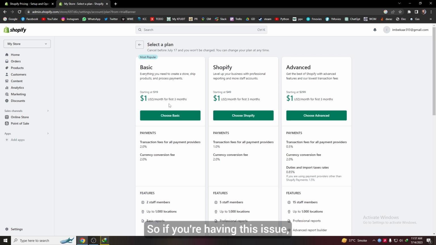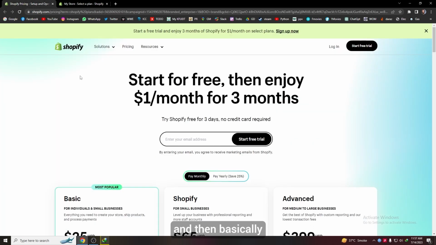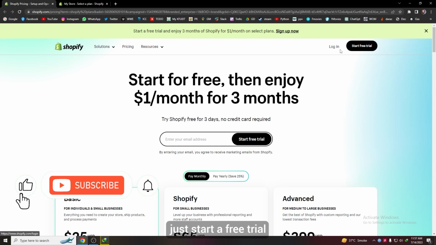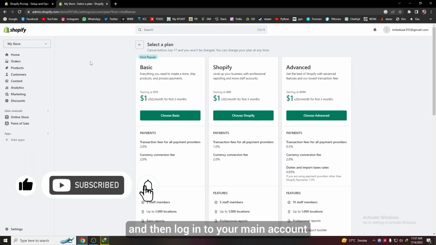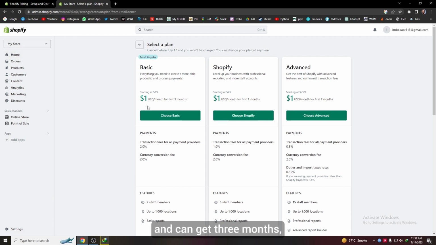So if you are having this issue, you need to click the link down in the description and it'll basically bring you to this page. From here you can easily just start a free trial and then log in to your main account and then come here, select a plan, and get 3 months. But if you already have a trial account and the trial is over, it might say here for first 1